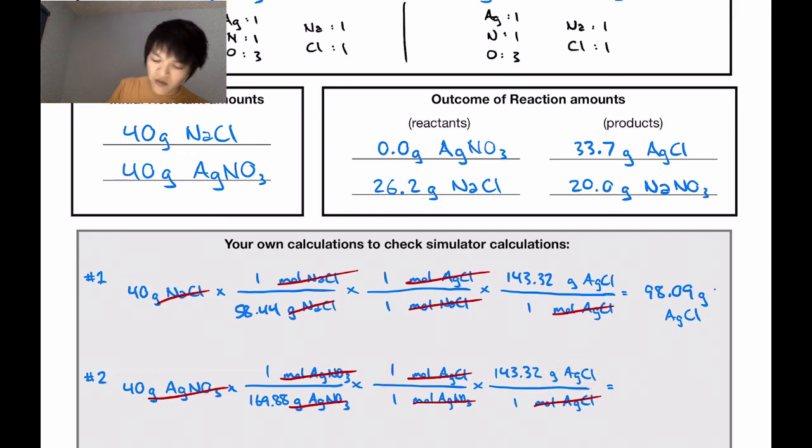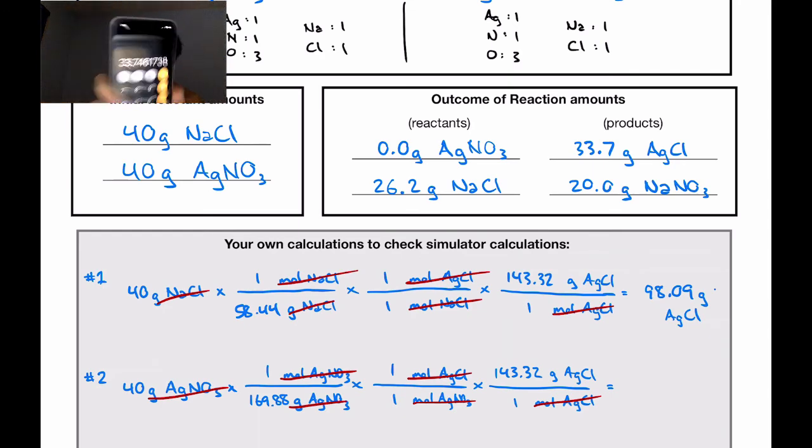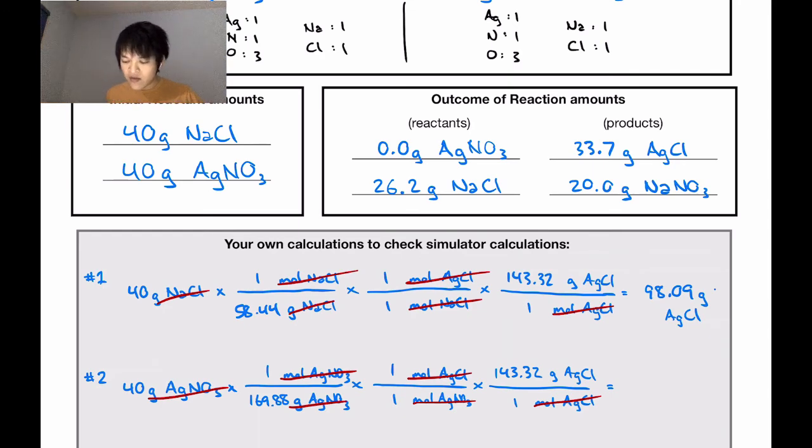Again, we'll go ahead and write down the answer to this, but we're going to type in our calculator. 40 divided by 169.88 times 143.32. Okay, what I'm getting here is 33.75